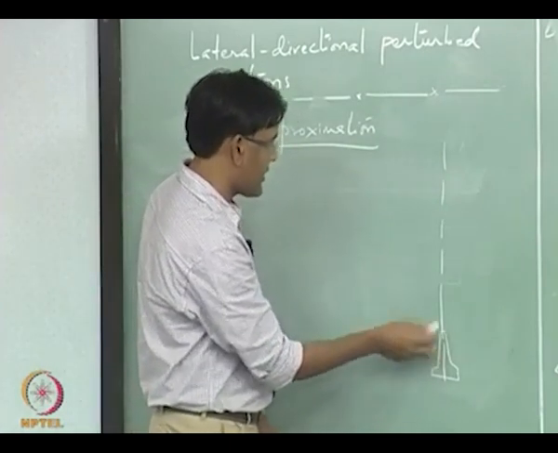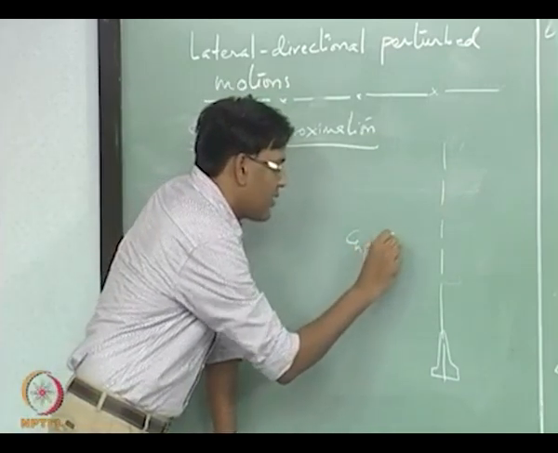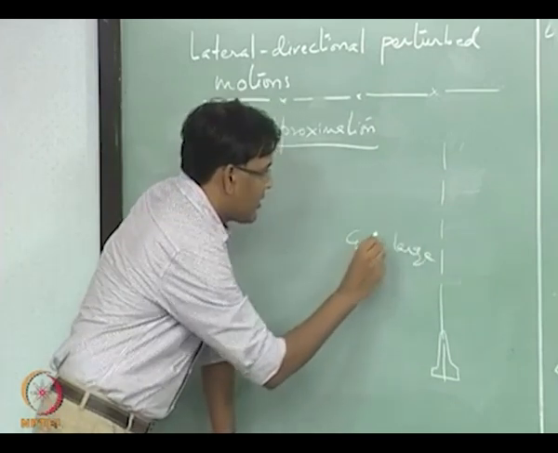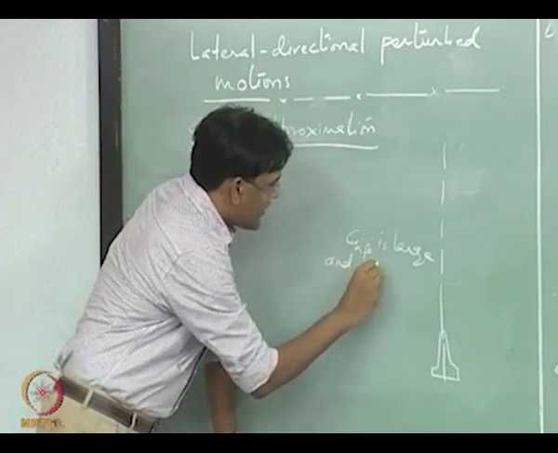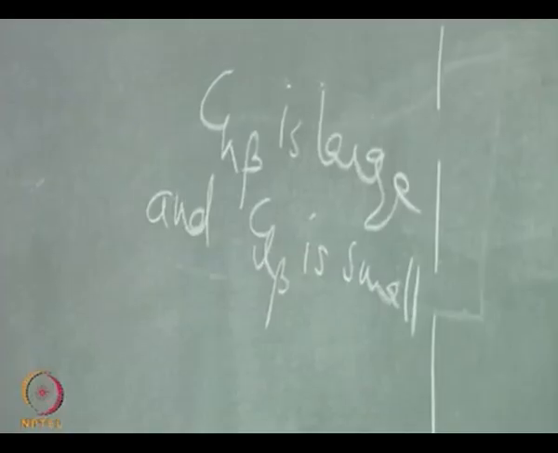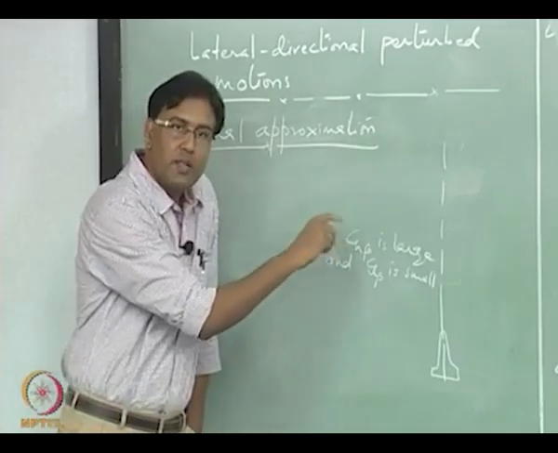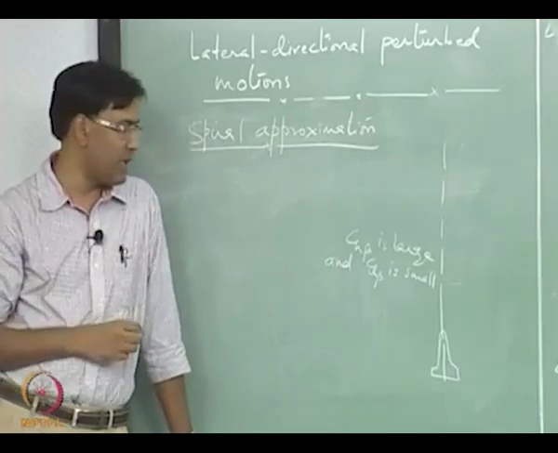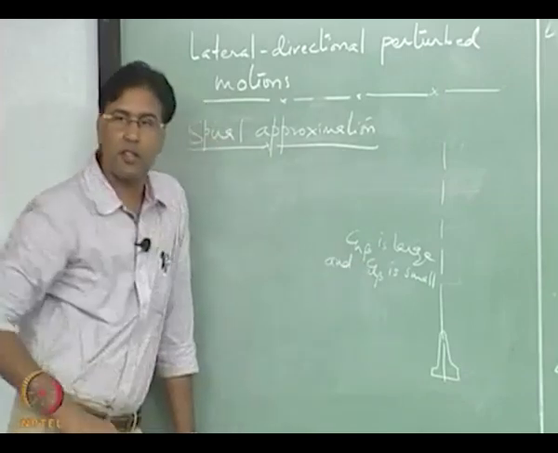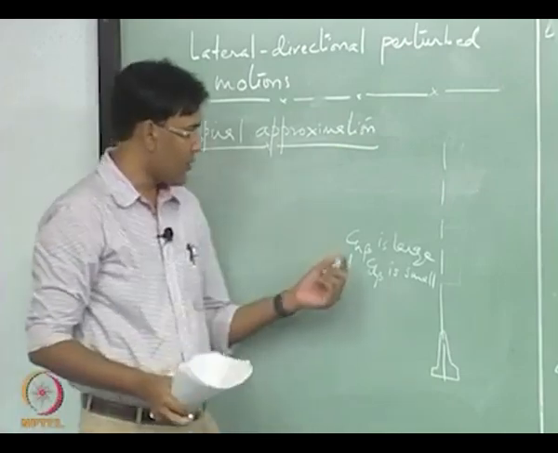what the aircraft does is, this is when Cn beta is large and Cl beta is small, okay. But both of them are providing you stiffness. What I mean to say is this Cl beta is small, but it is negative, right. That is what was required for static stability, and this Cn beta is positive. So, what you are getting is a motion